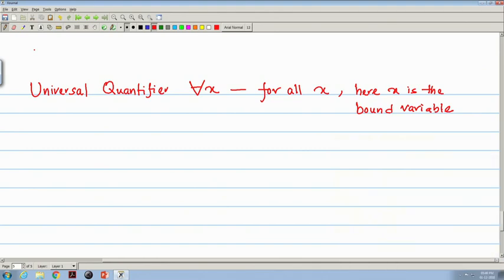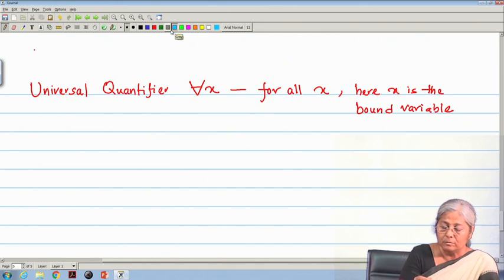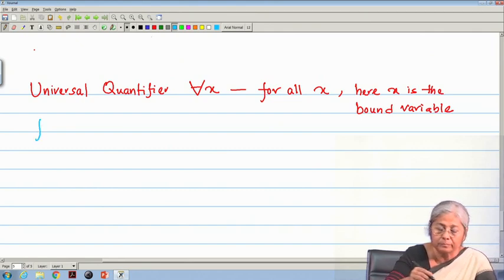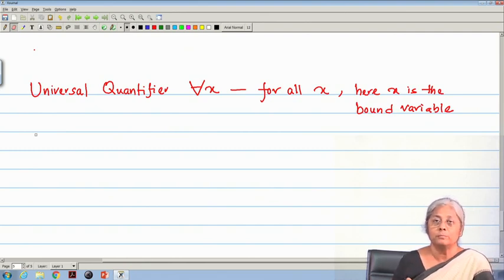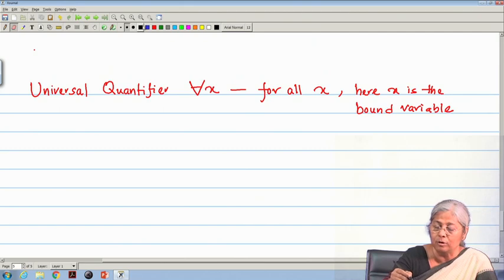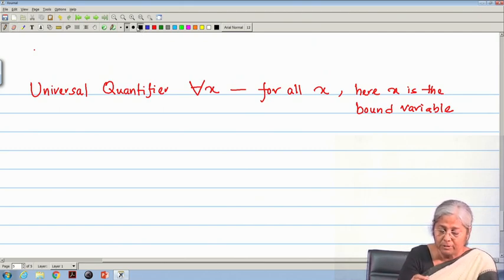How we define? So, we define the quantifier for all x like for all x, p x can be either true or false, because the p is the propositional function, but p x is the proposition. So, p x is either true or false. So, how we define that for all x p x is true,